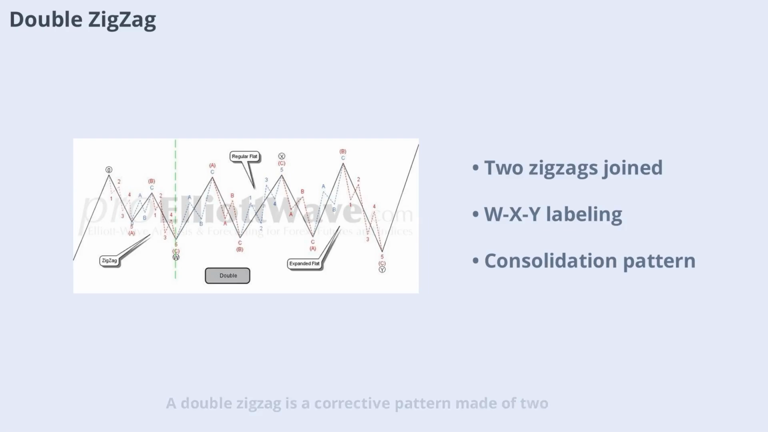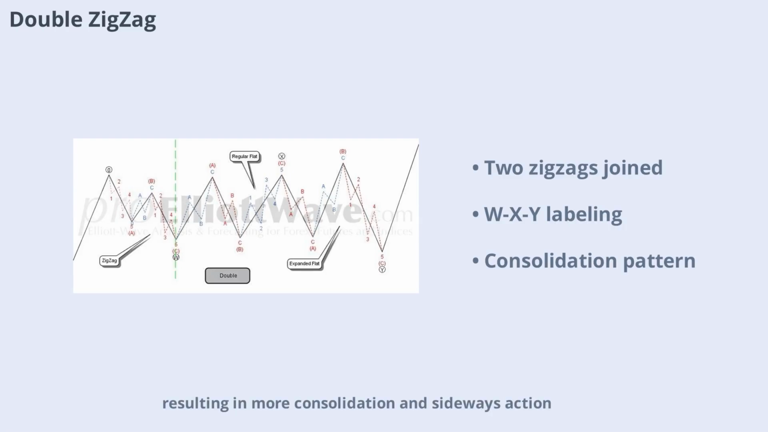A double zigzag is a corrective pattern made of 2 zigzags joined by a corrective structure in the opposite direction, labeled X. The first pattern is labeled W, followed by X, and then Y for the ending pattern. Double zigzags take the place of a zigzag in a corrective move. Combinations happen more when the corrective flat or zigzag is relatively minor compared to the preceding wave, resulting in more